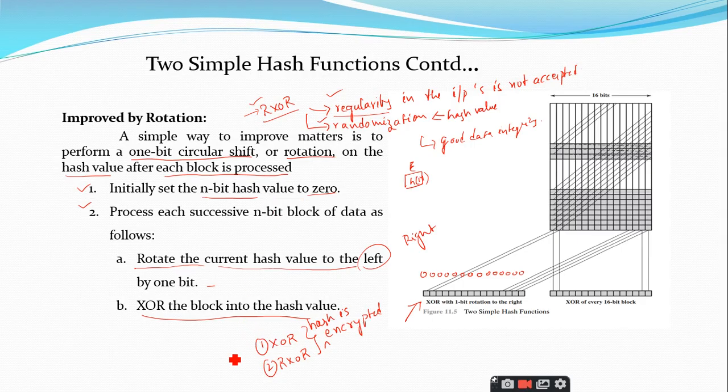And remember, the last point we have discussed is this note: the XOR and RXOR, though they appear simple, become very inefficient if the hash value is encrypted. So when you want to encrypt the hash value, it is not better to go with these two functions, that is XOR and RXOR.